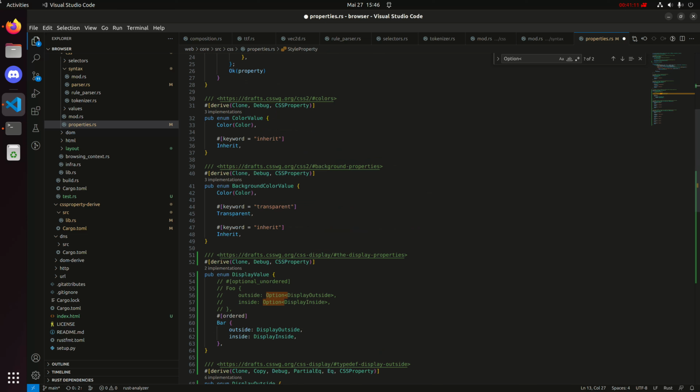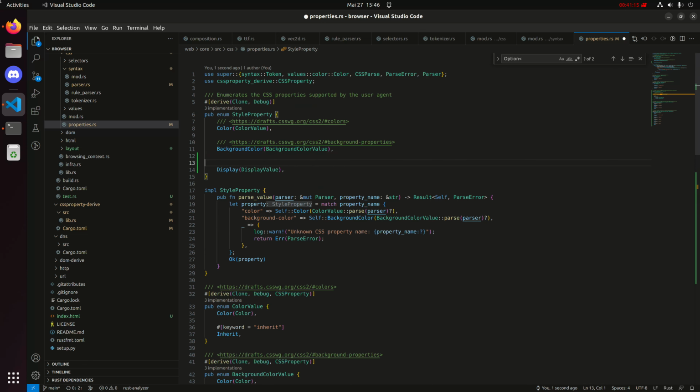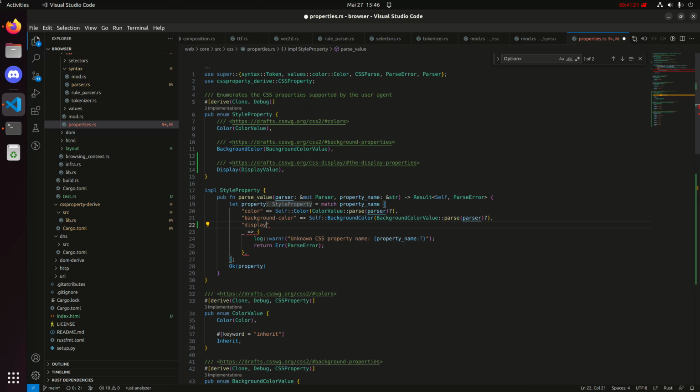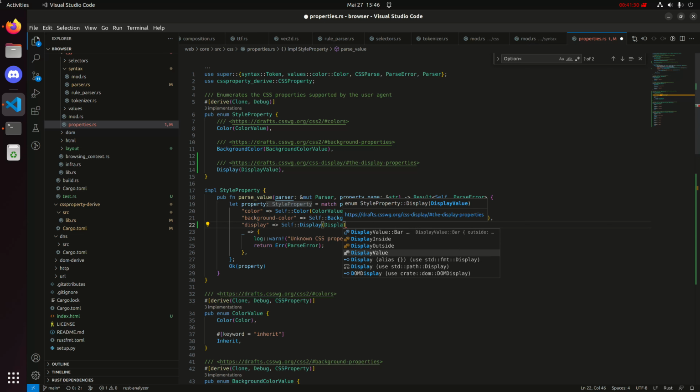And I need a spec link for that. Right, and then if we have a display, then I want to call self display. I want to construct a display with display value